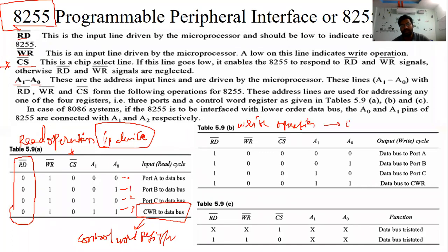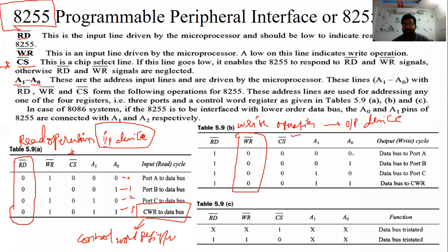Nothing but the output device. We are connected whenever the microprocessor performs the write operation. That means we are connected to the output device. Now see this, this is enabled. At the same time, the CS bar is also enabled. This RD bar is disabled, equal to 1.